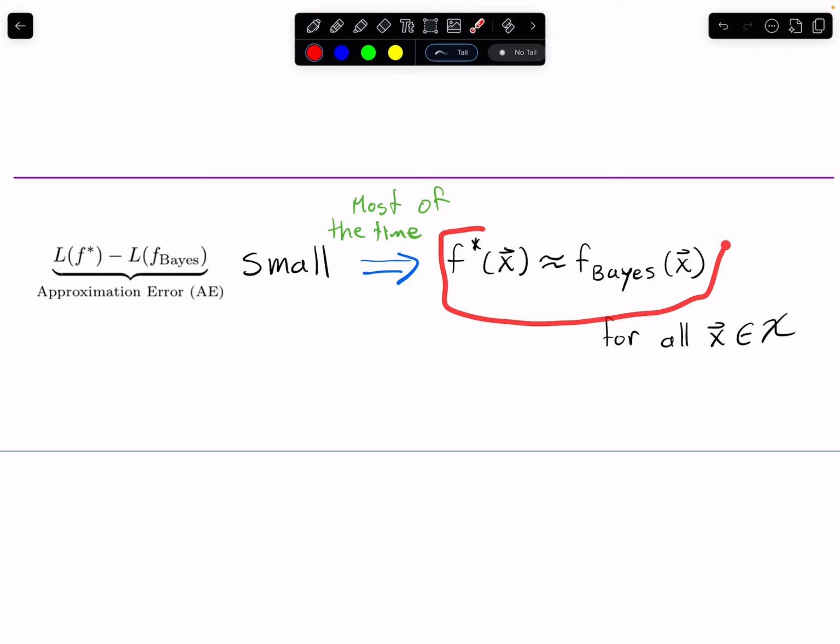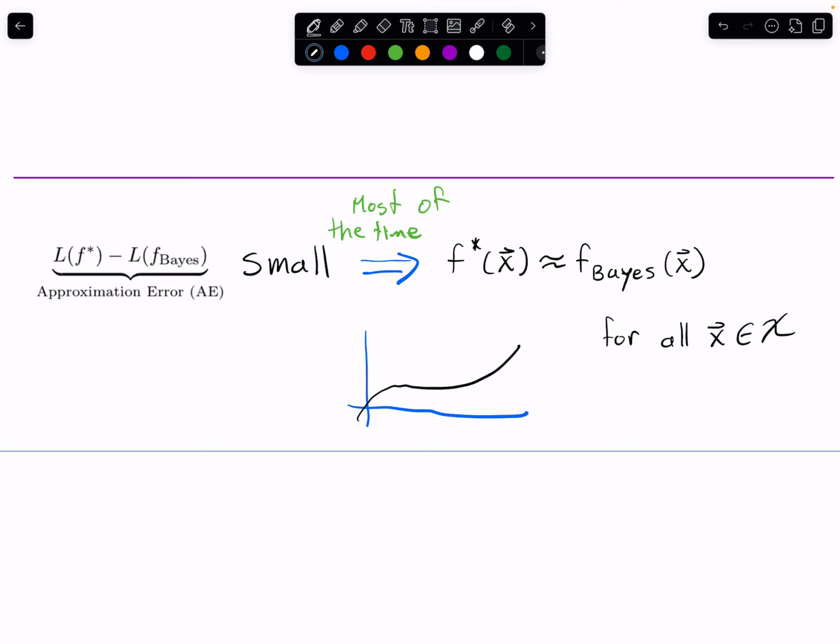These numbers are close for all possible feature vectors. Visually, this would mean that if you plotted the two, you really would see that they are close together. Maybe this is f base, and then if we plot f star, let's say in purple, we would find that they are close for all values of x. So this is x here, and we would really find that at every point they are